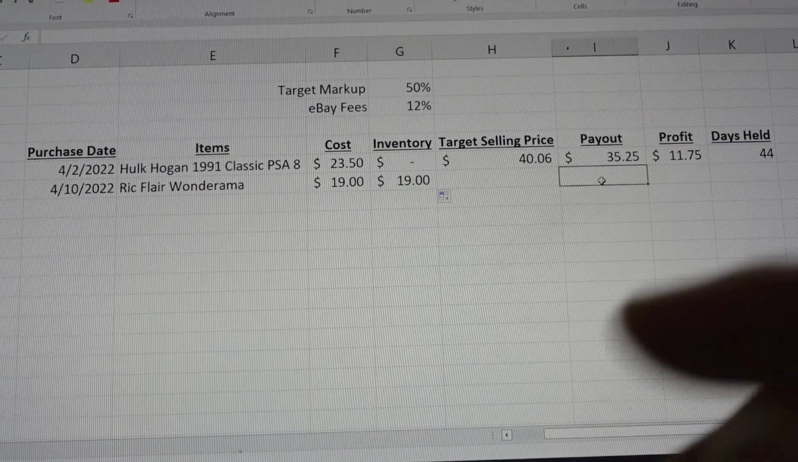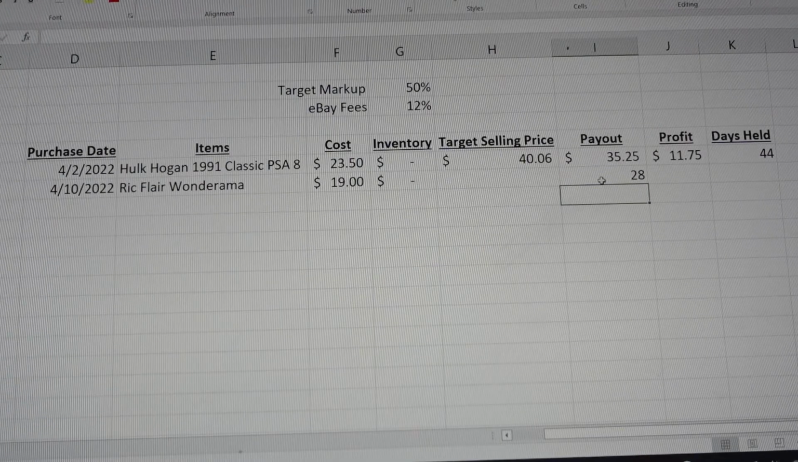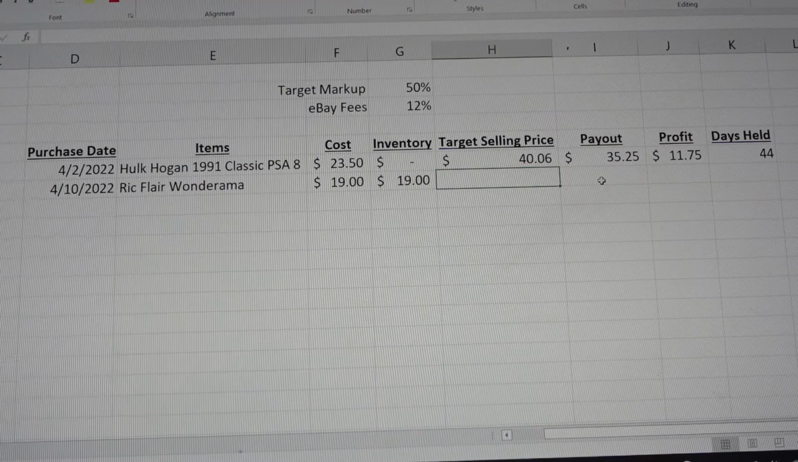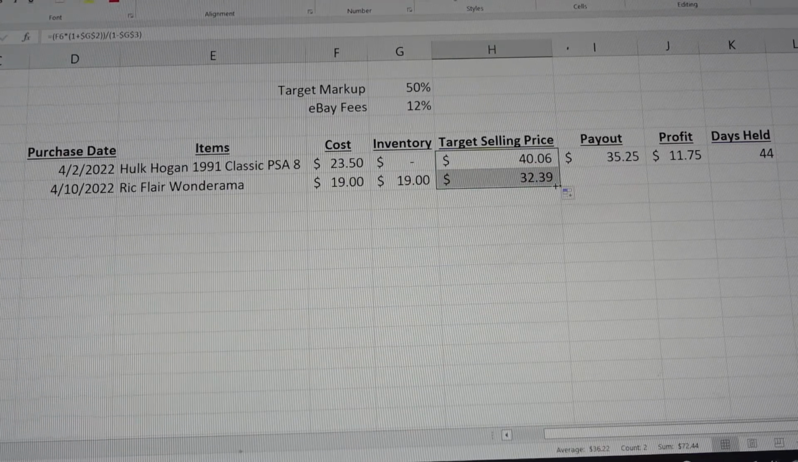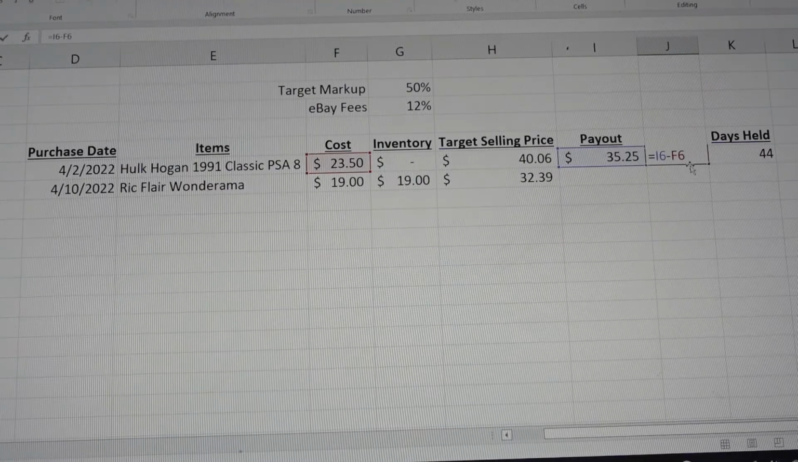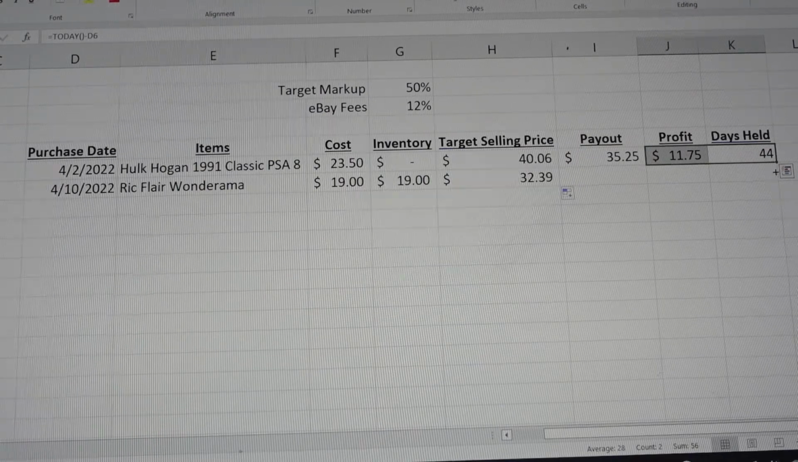In other words, if I have a payout, then inventory is nothing because I received money for it, which implies I sold the card. If there's nothing in this cell, then the inventory is $19. Just for the heck of it, I'm going to pull this one down here to show my target selling price. So I'd want to sell this one for $32.39. And then these two cells here, I can also pull down,